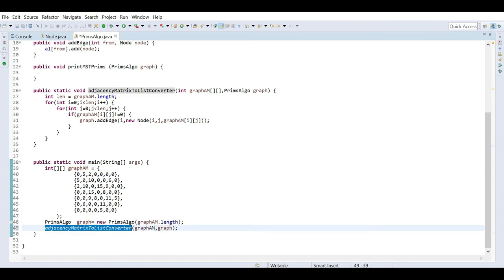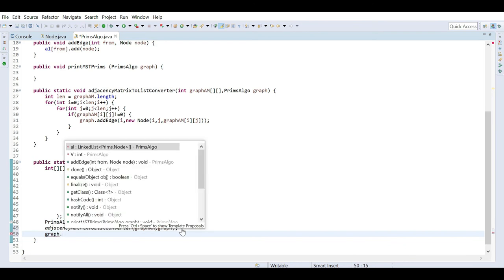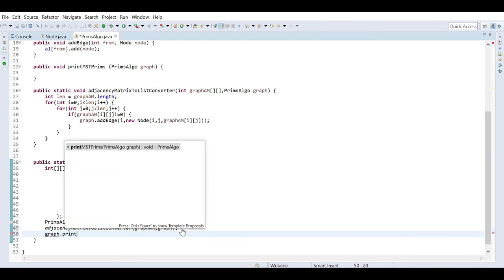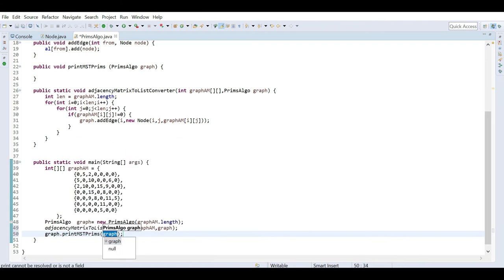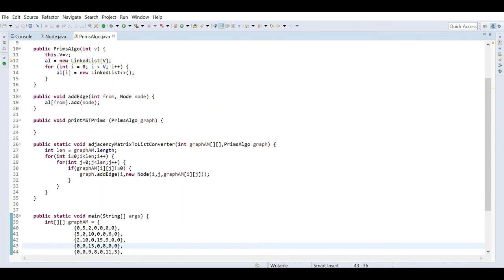So this will convert this adjacency matrix to adjacency list. So our work will be on top of this adjacency list. We'll call this print MST Prims method and we'll pass this graph. Okay, so now we have to implement the main core logic part of Prim's algorithm here.